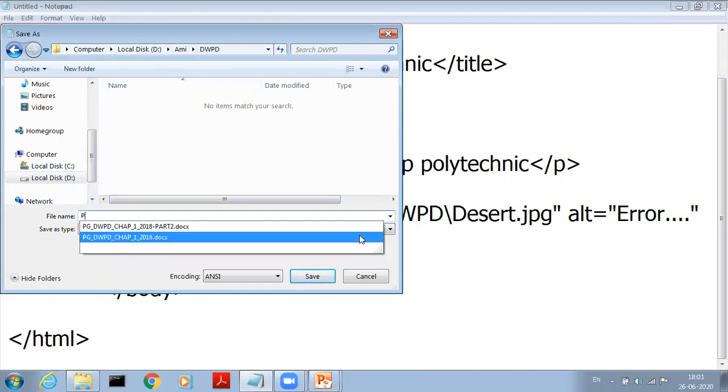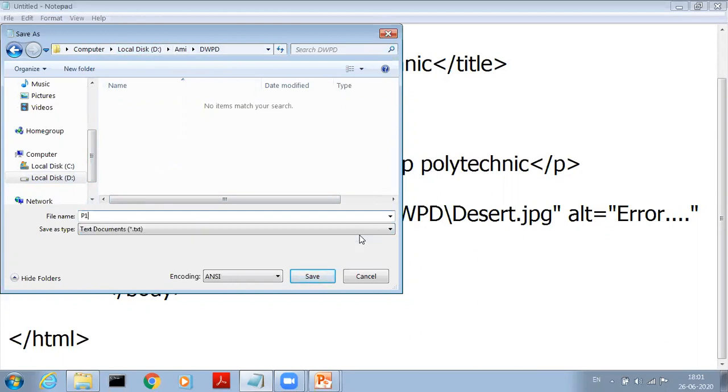For example, I give the file name P1, then give the extension .html. If I do not write any extension, then by default it is considered as txt because Notepad is a text file. Now save the document.